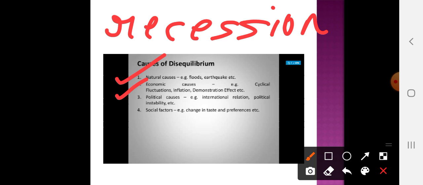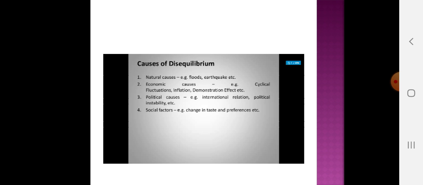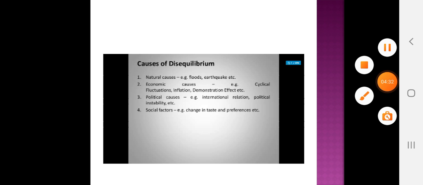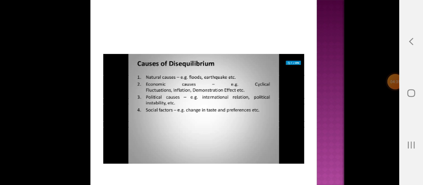Then there is the demonstration effect. It can include the different technologies we are using, the advancement of technology. Sometimes organizations don't have enough funds to buy new technology, or even if they are able to buy it, they may not be able to train their employees on how to use that particular machinery or asset. So these are the economic factors.